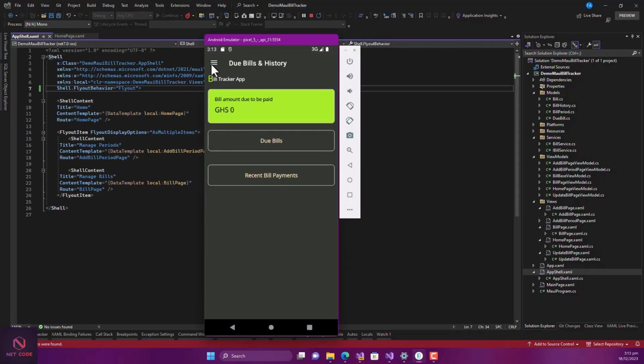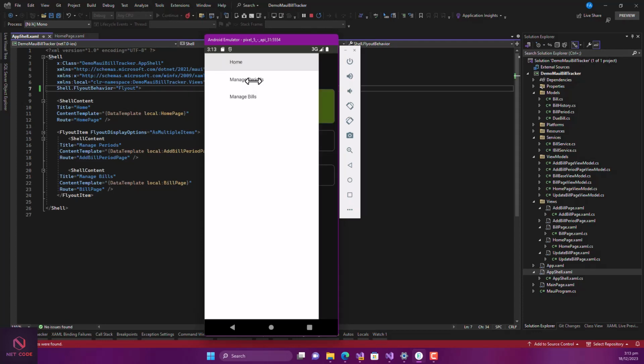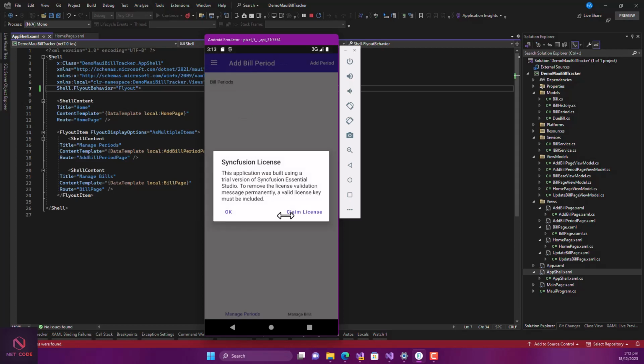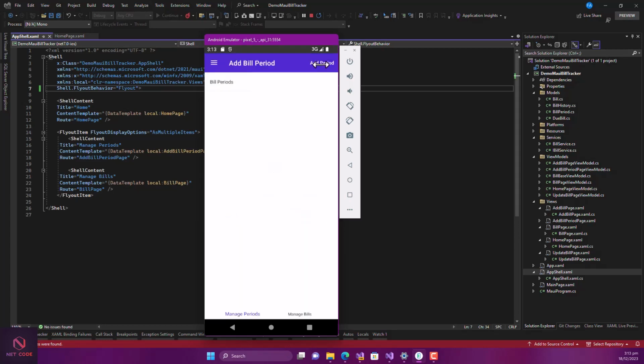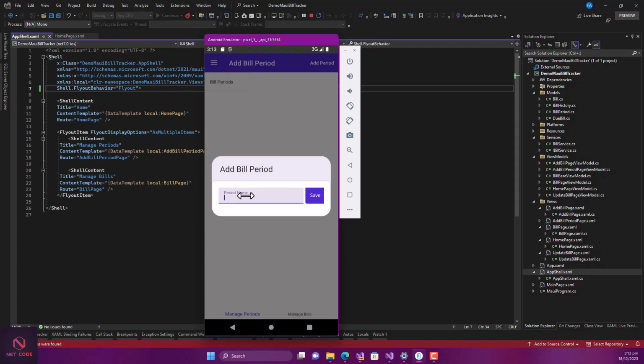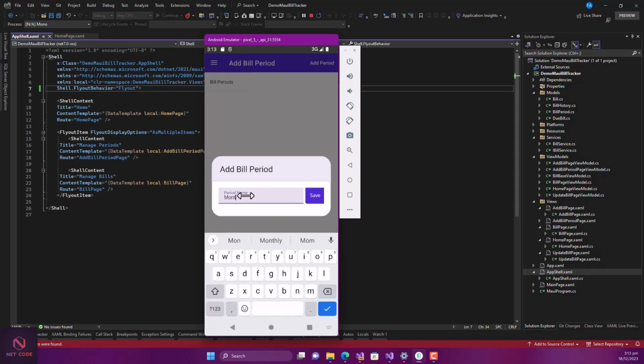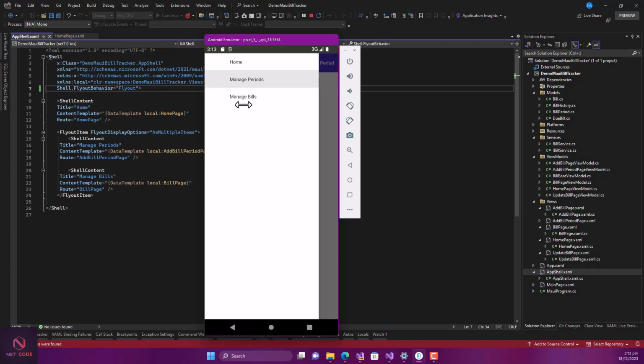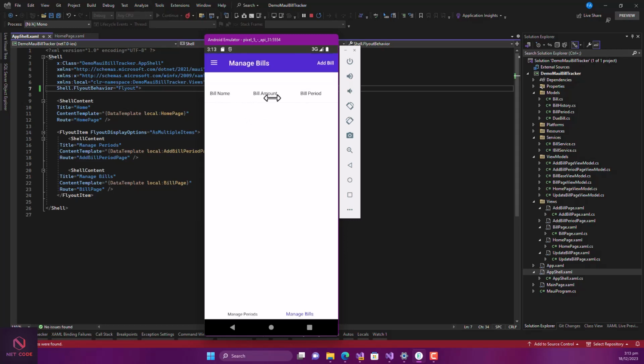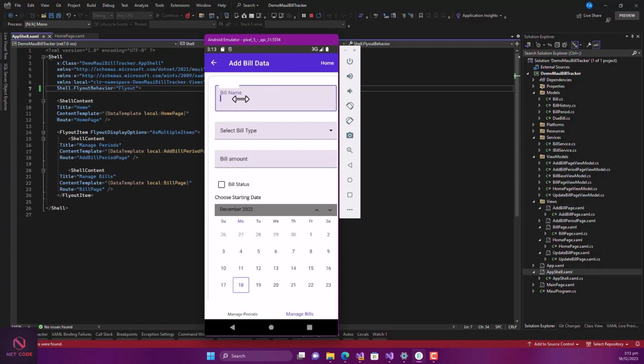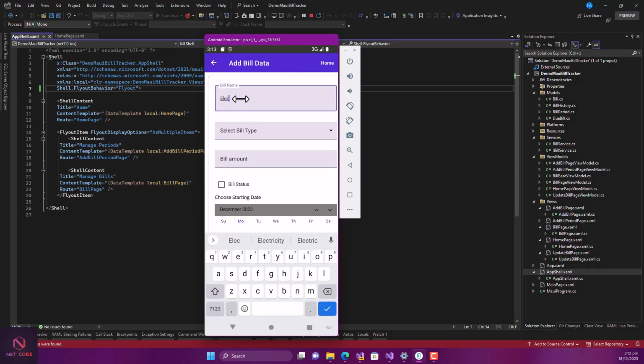That's right. So let's first check it up and see, do we have a period? So we have to add a period to this. So let's say this is monthly. All right, so now let's manage bills, and like we see, we have all this. So let's add a bill. Okay, so this is electricity, and now you know the type here, it is monthly, the amount